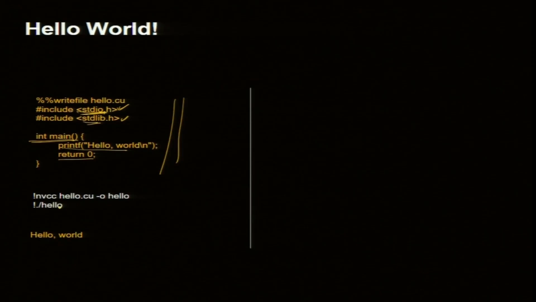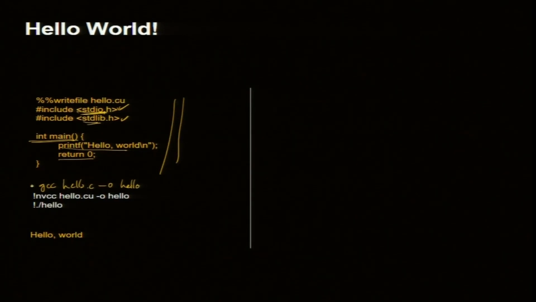Usual C codes are compiled with GCC, the GNU compiler, which is available in Colab. By the way, typically the name will be hello.c. So, gcc hello.c, and you can create an object file with -o hello.